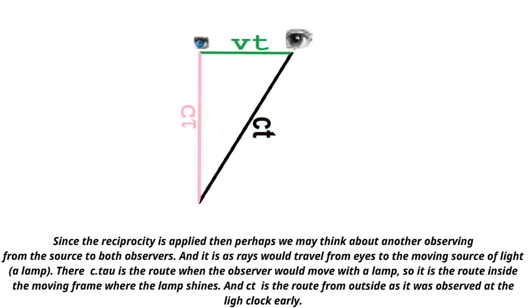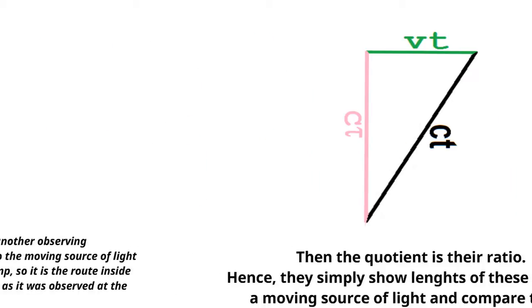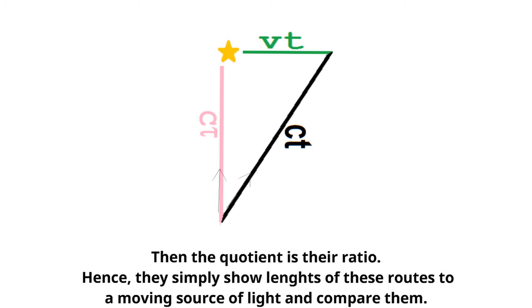Since the reciprocity is applied, then perhaps we may think about another observing from the source to both observers, and it is as rays would travel from eyes to a moving source of light, a lamp. There is c tau, the root when the observer would move with the lamp, so it is the root inside the moving frame where the lamp shines, and ct is the root from outside as it was observed at the